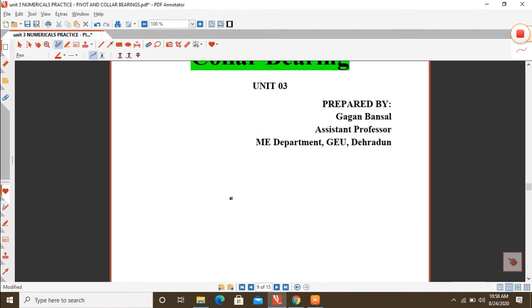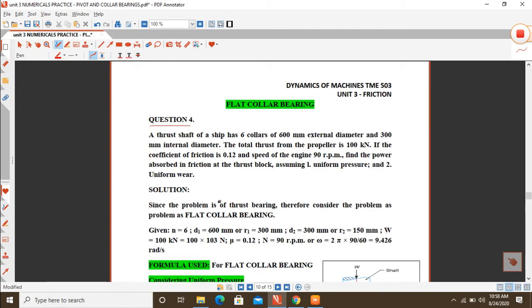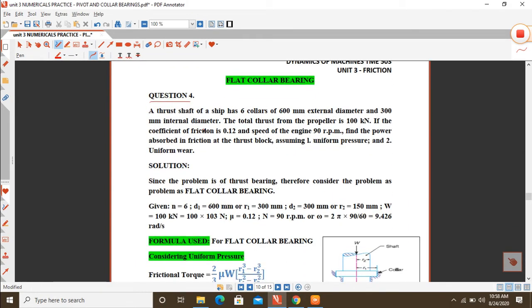So let's start. First of all, again I will be repeating the same thing, that please keep your pens and notebook with you to make the proper understanding and effective concepts. So this is our question number 4 for the unit friction. So first write down this question completely, then we will start. I would request that you can pause the video and first write this question,